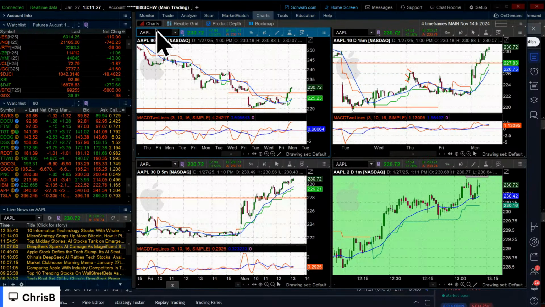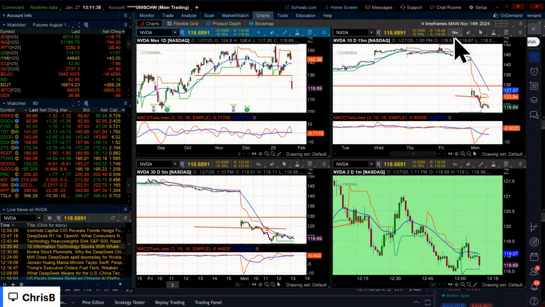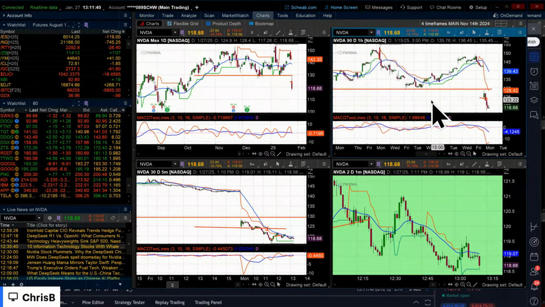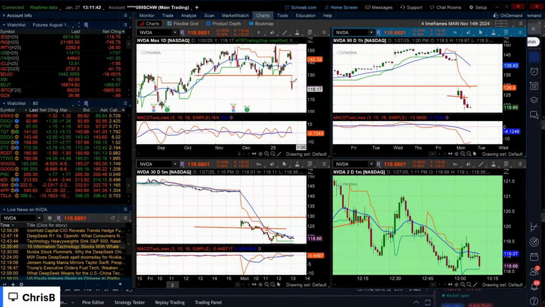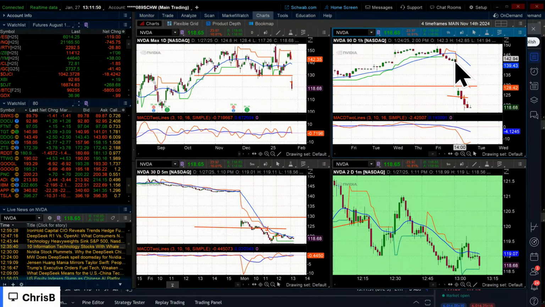And why did I sell NVIDIA? Well, I don't know. If you're talking about NVIDIA, that sure as heck looks like a reversal candle to me. You could put this on a daily and an hourly. Reversal candle, reversal candle, reversal candle. Break of the ATR trailing stop. This is a short signal, not a buy signal. So keep that in mind.